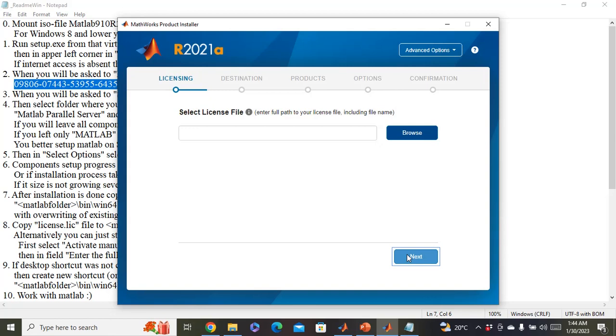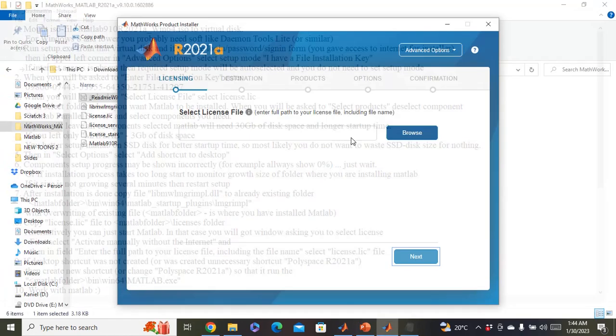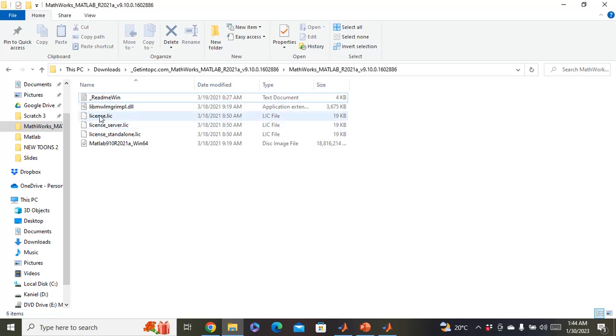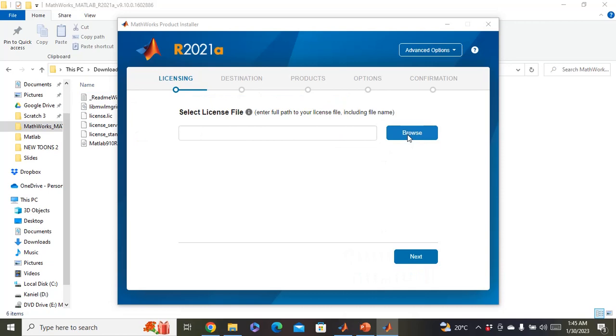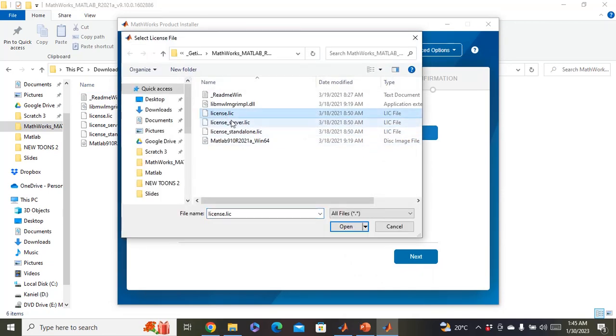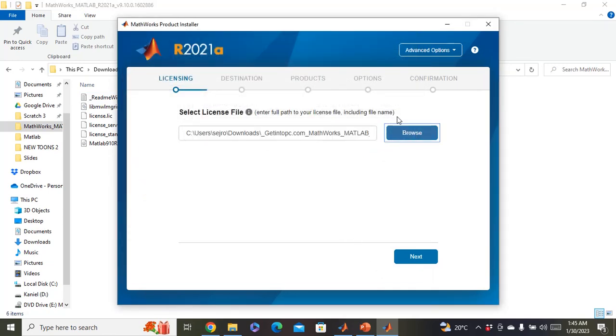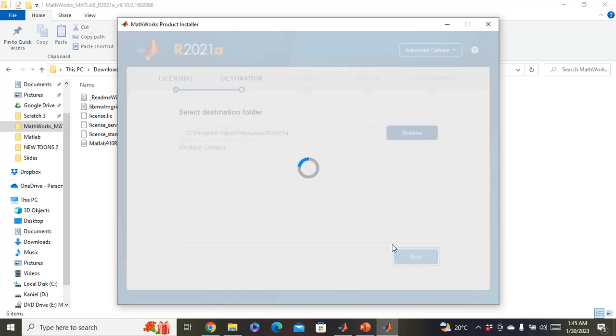Next. So it will ask you to enter the license key. So the license key is the file that you have here, the license.lic, this file here. So you just browse to that file and you get it. So you come back here, browse, select the file, okay, and then you go next. You know where you're installing your programs on C. Go next, and